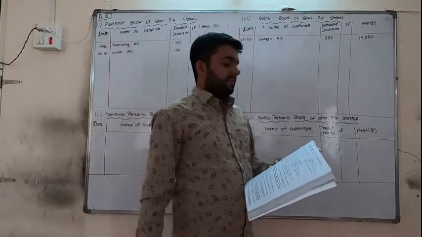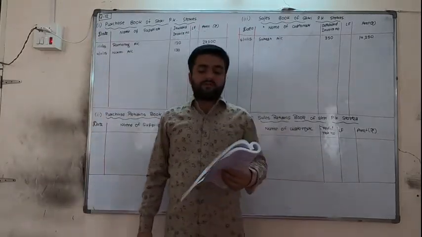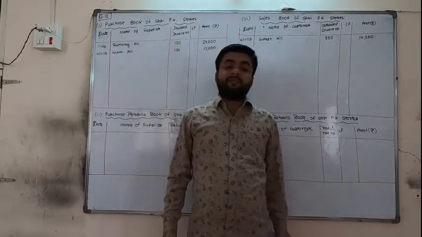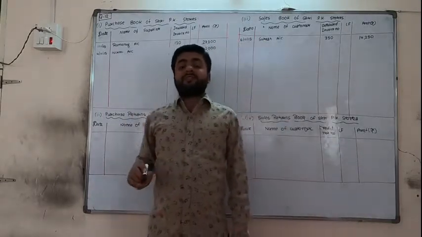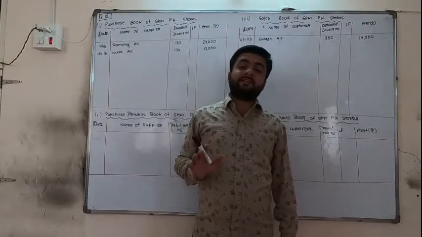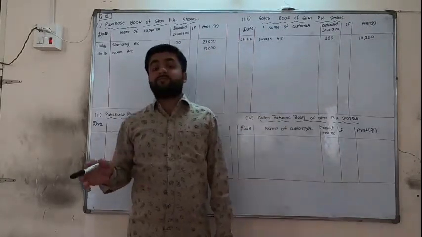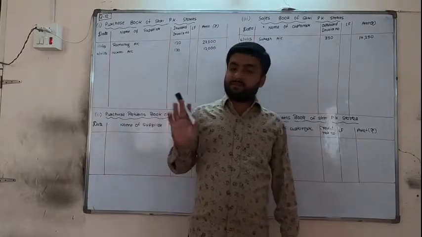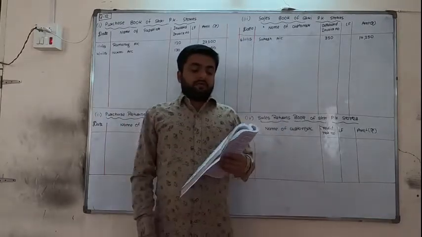Next, on 11th, purchase goods of 10,000, cash memo 58. In the question itself they are telling us that goods are purchased on cash, because we are not giving any other bill but a cash memo, which shows that cash has already been paid, so this will not be recorded.